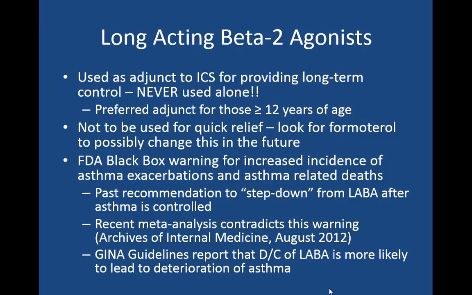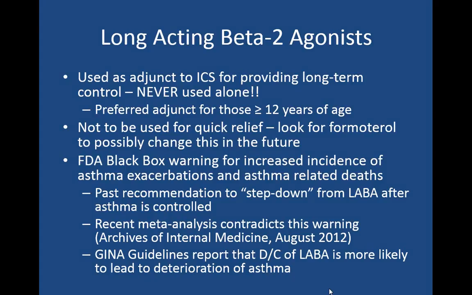Let's see. We talked a little bit about the black box warning. There is still a black box warning for increased incidence of asthma exacerbations and deaths with the use of long-acting beta agonists. Your boards are going to ask you for things that are like black box warnings. That's the kind of stuff they're going to ask you, black and white things on your NAPLEX, okay? So you need to know that's a black box warning